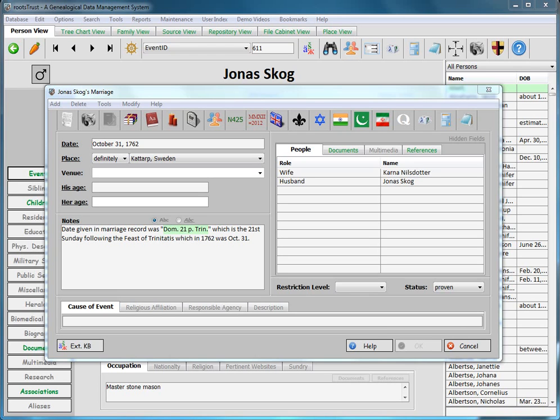This video is designed to familiarize you with rootsTrust's tools, not to be confused with the toolbar. The tools are small apps that can be invoked from the main menu bar, up here, the toolbar that's located on the rootsTrust window just below the menu bar. Here, these are tools, here and here, as well as the menu bar